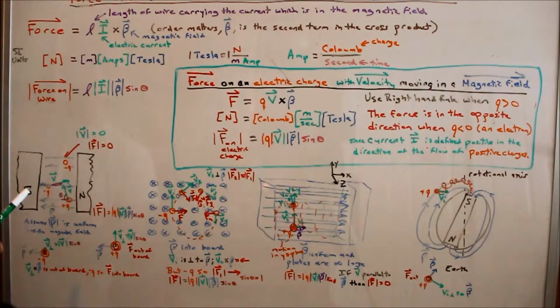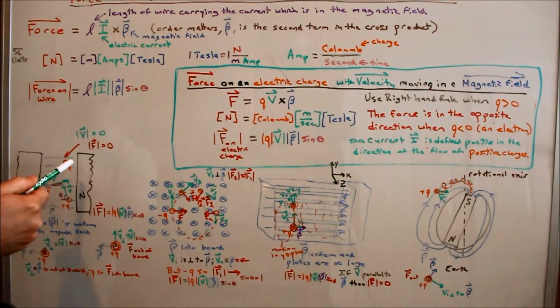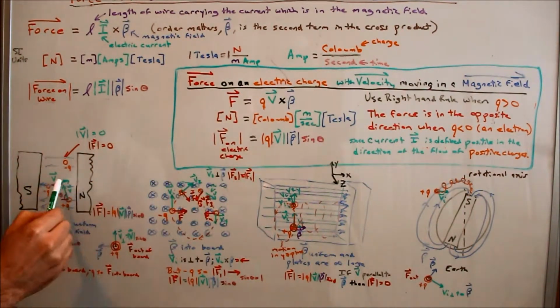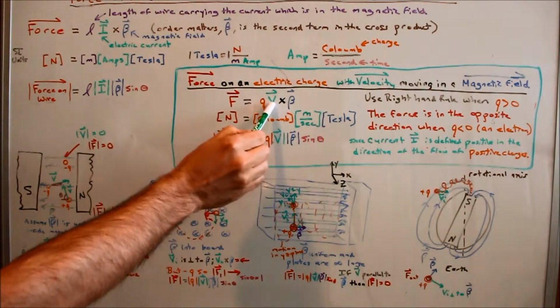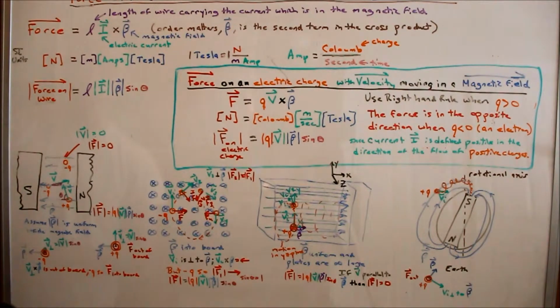For this first problem, looking at the first particle, it's a negatively charged particle. We're told the velocity was 0, and so since the velocity is 0, we know the force is 0. So even though it has a charge and it's in a magnetic field, since the velocity is 0, the magnitude of the force is 0, and therefore it has no directionality as well. Now going to this next problem,